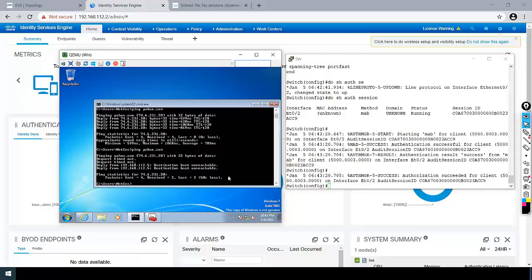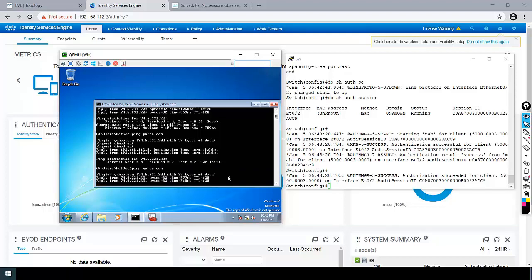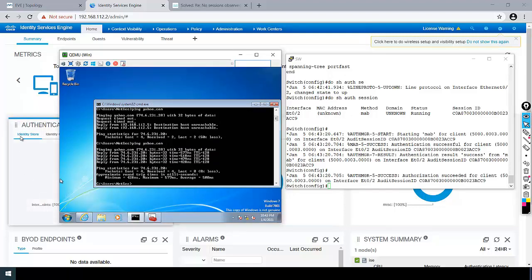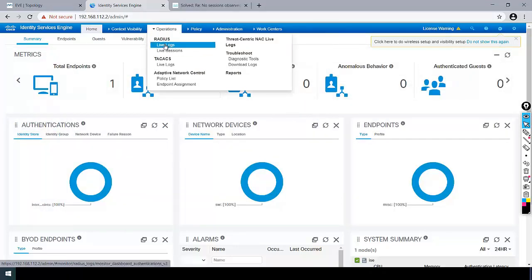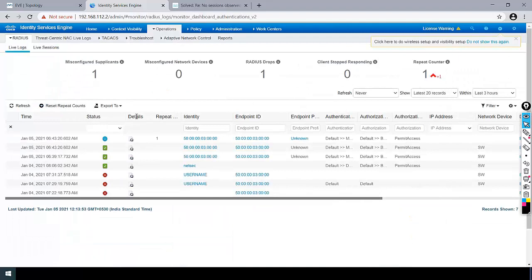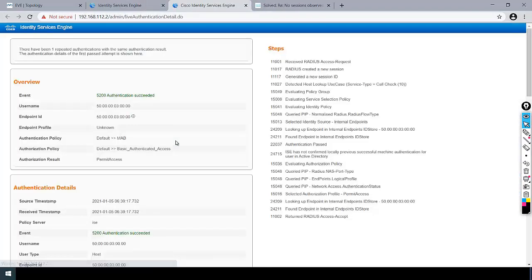So it basically happens that the network adapter is restarted. For MAB authentication, you do not need to provide the Wired AutoConfig. So let's check the live logs. You can see that the device is authenticated, or authentication is successful.